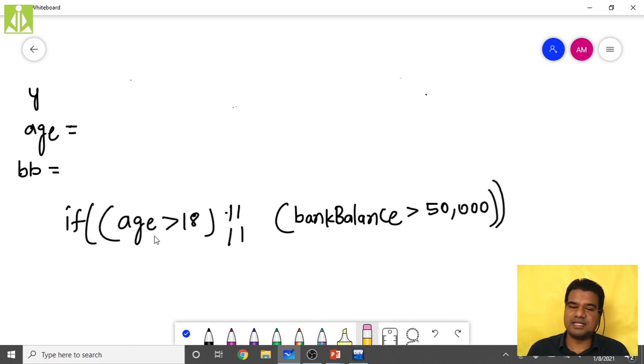So the person's age should be less than 18 and the bank balance must be less than 50,000, then we are allowing. So what do we have to do? Whatever conditions we applied previously, simply negate those conditions. Simply say not, logical not. Apply the logical not on the entire thing.